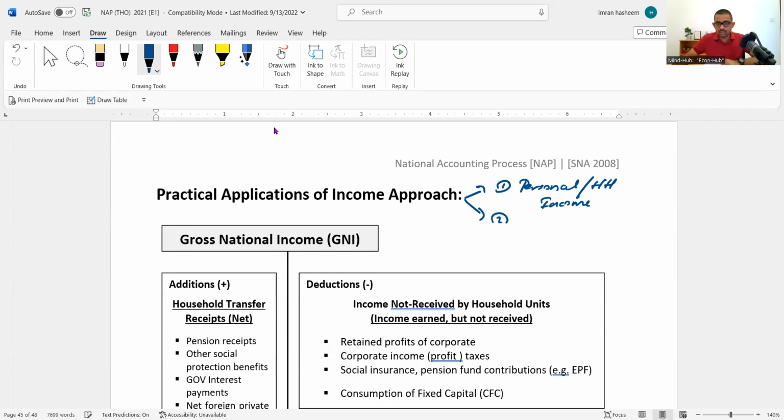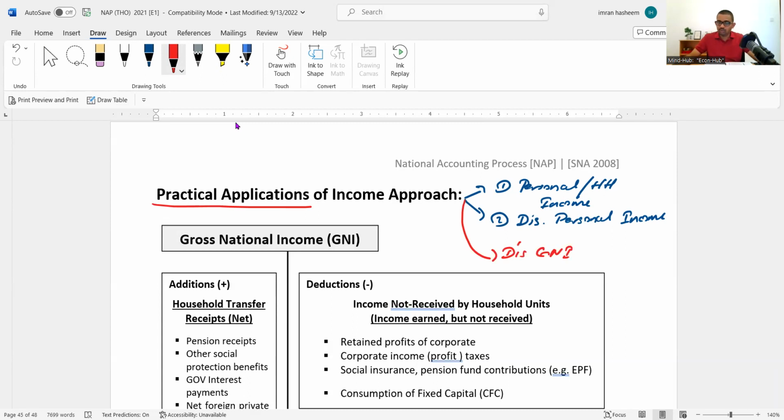Secondly, the concept of disposable personal income, and as an additional thing, I want you guys to also think about disposable gross national income. Okay, so these three concepts are identified by us as the practical applications of the income